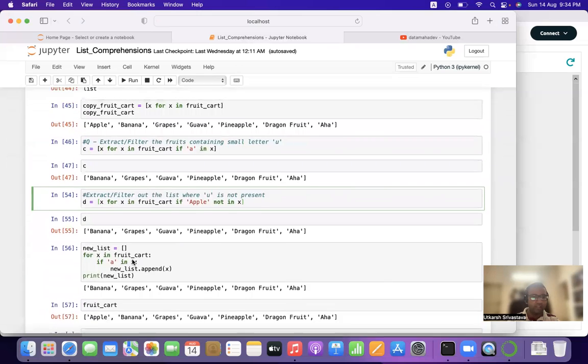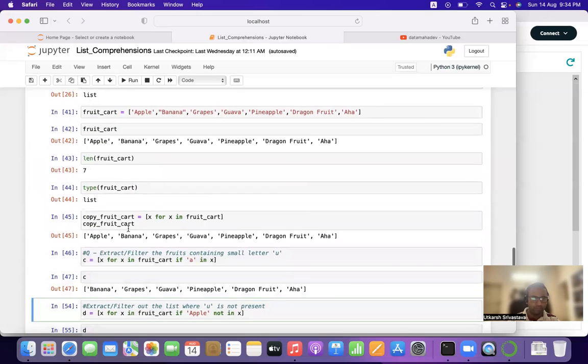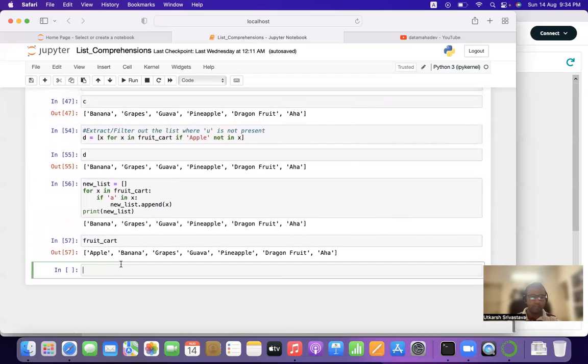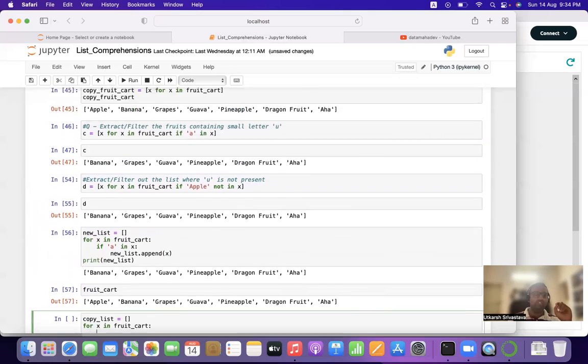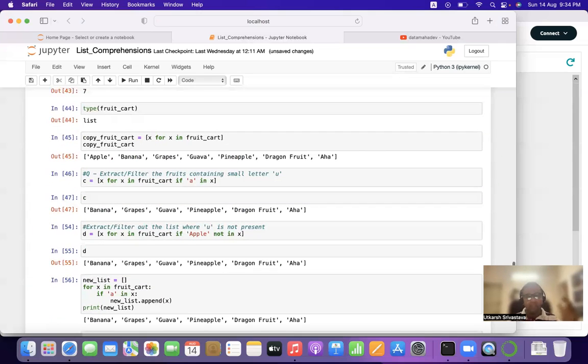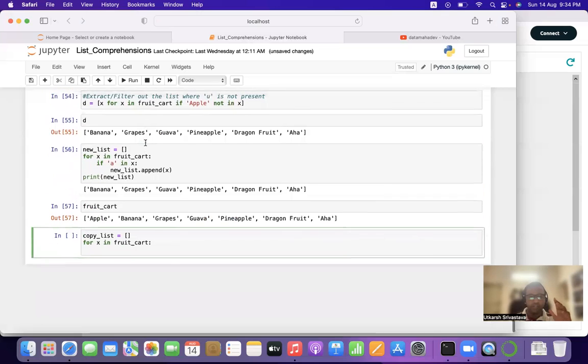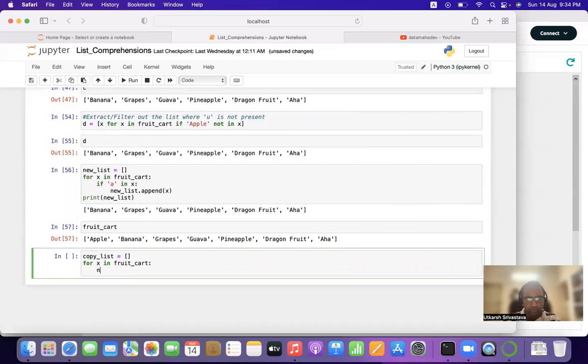So let us check the copy operation. Now let us check that. All right. Let's take a new one, copy_list. Keep it as empty. Create a for loop, same for loop, for x in fruit_cart. Now there is no such condition, we have to simply copy all the elements of fruit_cart into this copy_list. So what we'll do is copy_list